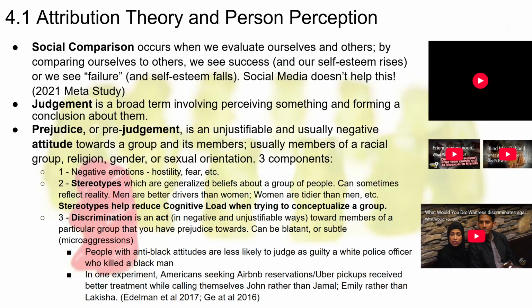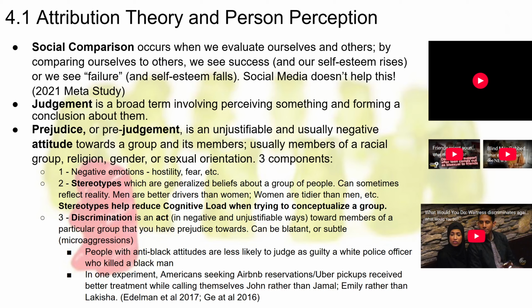You can see some examples down there. The most famous one is the Airbnb example at the bottom there. This is a well-documented study. People that make Airbnb reservations or Uber pickup requests are more likely to get picked up and treated with respect when they take a stereotypical, white-sounding name such as John or Emily, rather than a stereotypical black-sounding name such as Jamal or Lakeisha. When this happens again, you can't really hide the data here, and it's a pretty easy